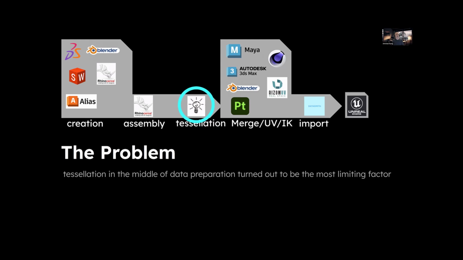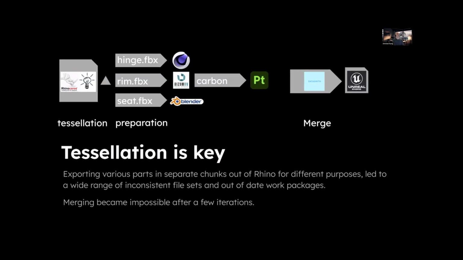Because we needed tessellation for the UV mapping, we needed tessellation to make the rigs in Cinema, for example, for the door hinge, stuff like that. So that was the idea, that we have to do that. There's no other way for us. And tessellation definitely turned out to be the biggest breaking point, although it's also the mightiest point if you have the data,